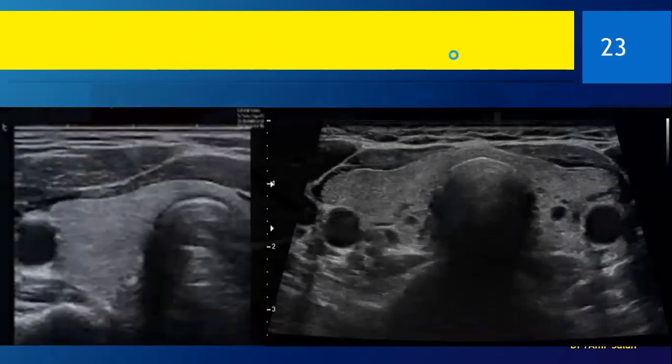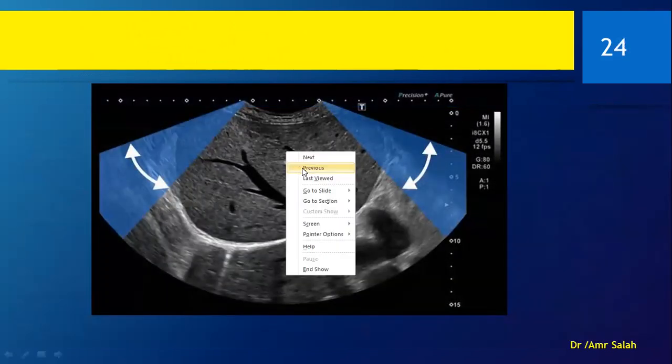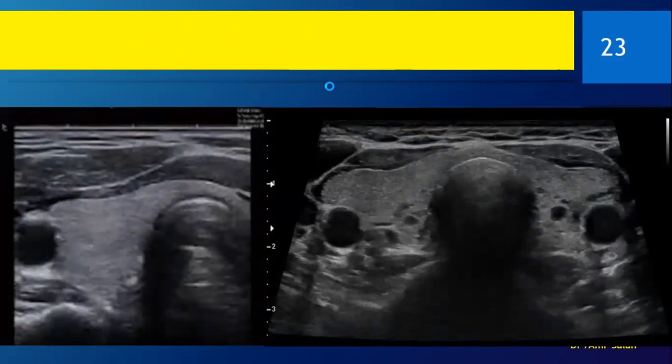Another example. What about this picture? I'll let you tell me first. This picture, is it with the wide view or not? Yes, that's right. It is not with the wide view.